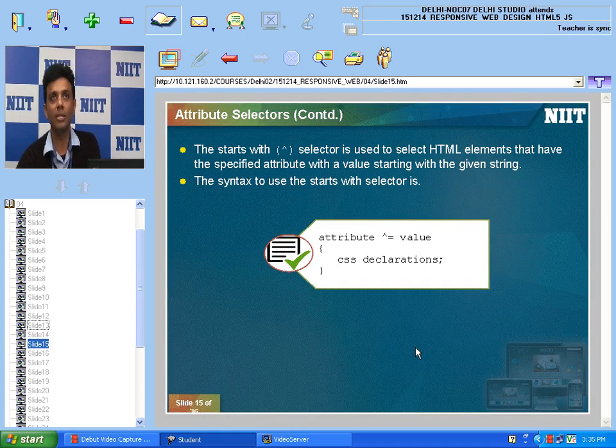Let's look at the example here. I said starts with. This is just a basic operator. The starts with selector is used to select elements that have the specified attribute with a value starting with the given string. It means, if I give the example over here,